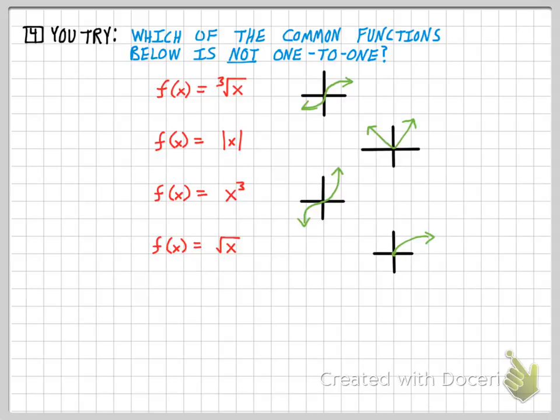Alright, doing a real quick sketch of each of these functions, I get the following 4 pictures. I'm again thinking of the horizontal line test, and there's only one graph here that's going to fail, and that is the graph of the absolute value